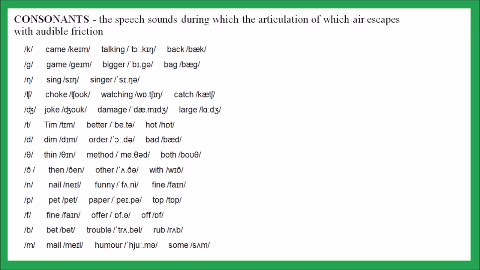So p. Then comes f. F as in fine, feather, offer, off. Okay, f. So p, f. Then comes b. B as in bet,